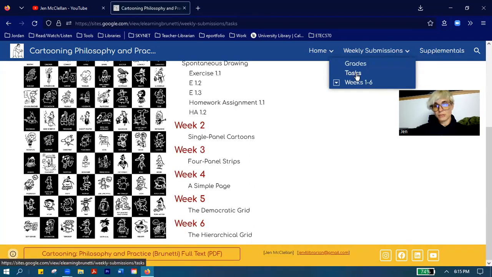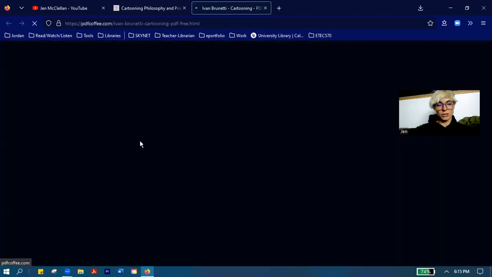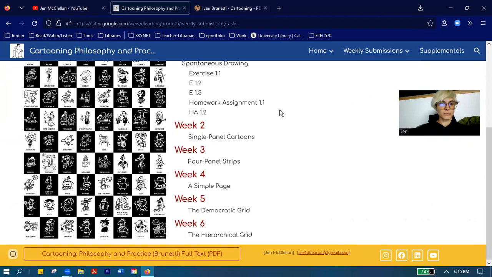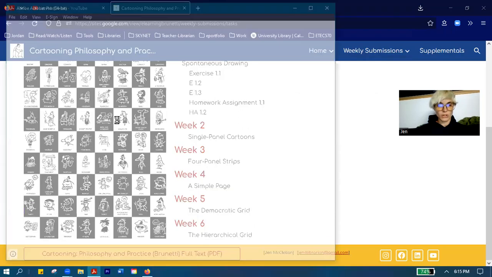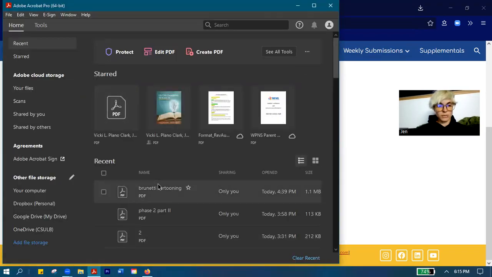It's kind of available through Brunetti's text, through the table of contents. The table of contents on Brunetti looks like